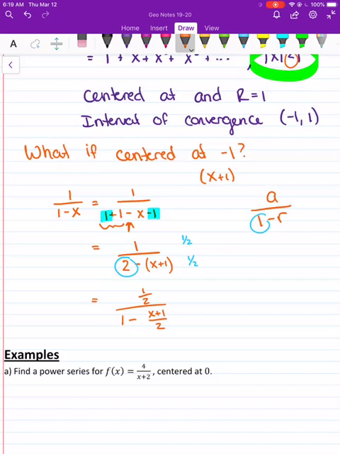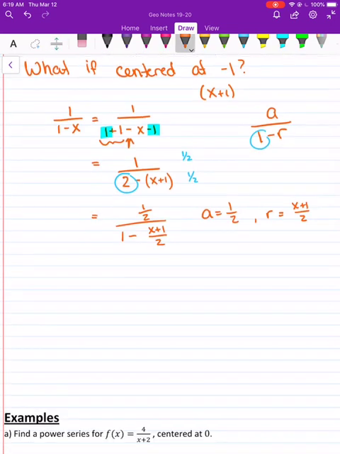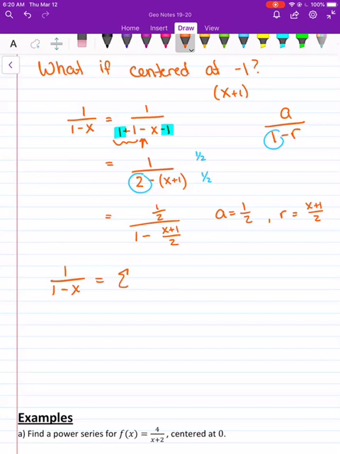So putting this all together, now I see that my a value equals 1/2, and my r is going to be x plus 1 over 2. And putting this into a series, I get that 1 over 1 minus x is going to be the geometric series from n equals 0 to infinity of 1/2, that's my a value, times my r value, x plus 1 over 2 to the n, where my r value is less than 1,